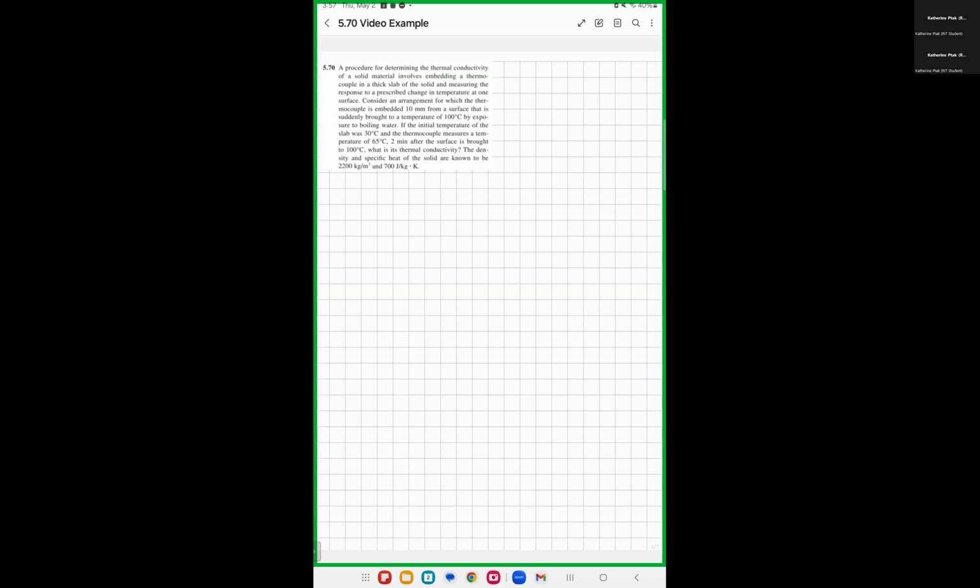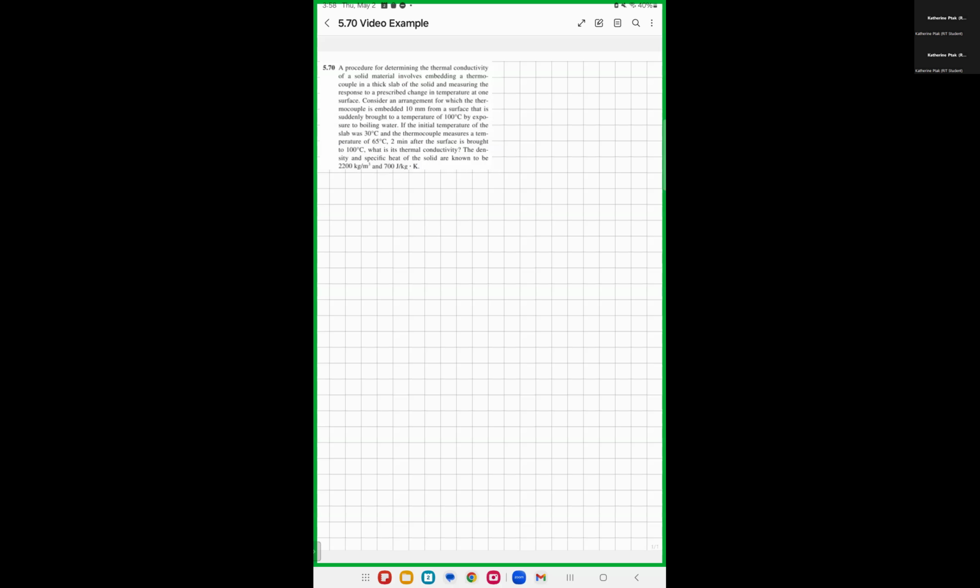All right, we are going to go through example 5.70. So I'm just going to read it for you guys. A procedure for determining the thermal conductivity of a solid material involves embedding a thermocouple in a thick slab of the solid and measuring the response to a prescribed change in temperature at one surface. Consider an arrangement for which the thermocouple is embedded 10 millimeters from the surface that is suddenly brought to a